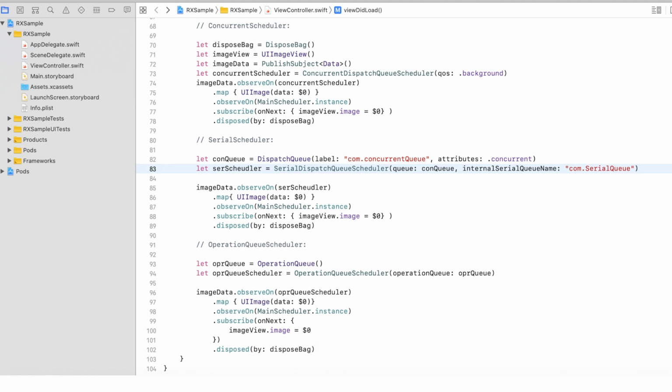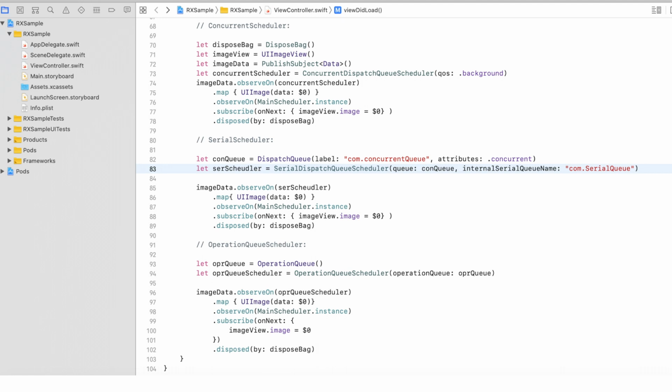And at line number 78, we are disposing our subscription for memory cleanup. So this is one example of a concurrent scheduler, where we perform all the operations on the background thread, and once we receive the data and convert it into UI image format, we shift back to the main scheduler to set it into the UI image view.